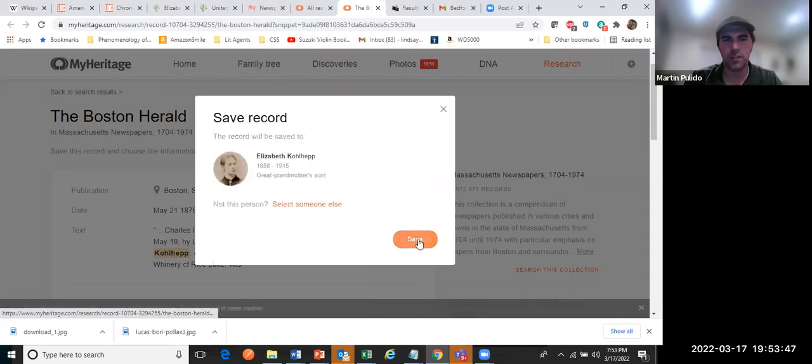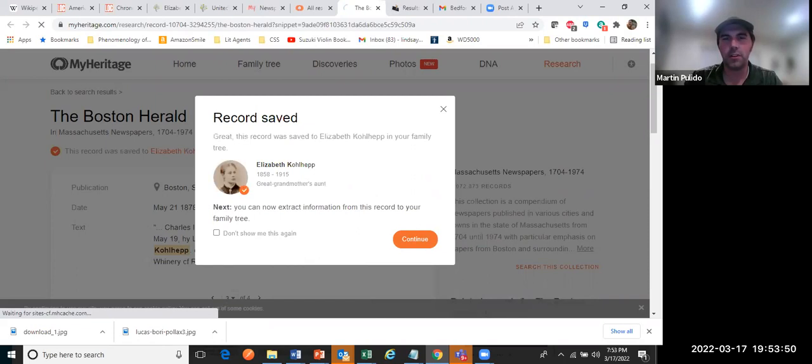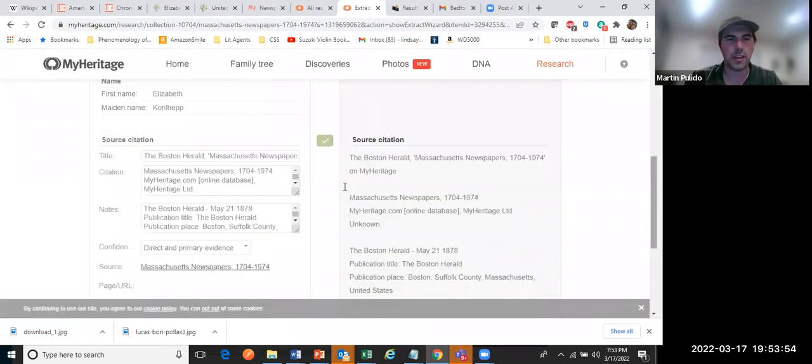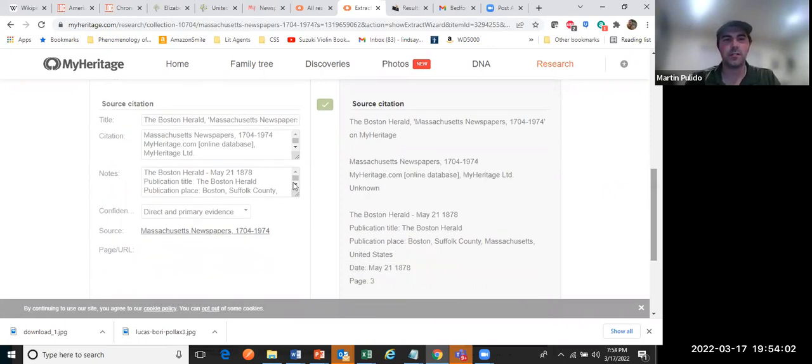But what's nice is when you save it, it will input a lot of the information for you. Like, for instance, I don't have to type in, oh, it was from this newspaper and here's the notes associated with it, right? It does it for me, which I think is pretty neat. And you can also add in some of your own notes if you would like. So I could be like, hey, this is the marriage of Elizabeth and William Huber.